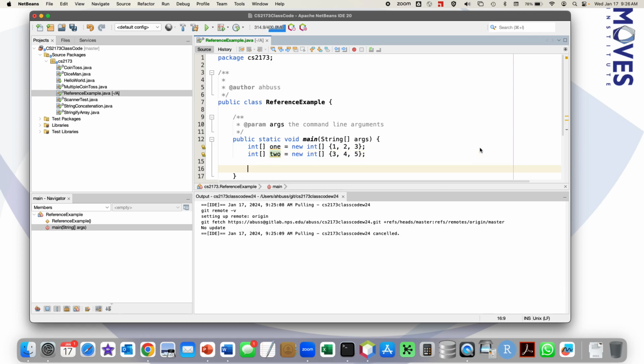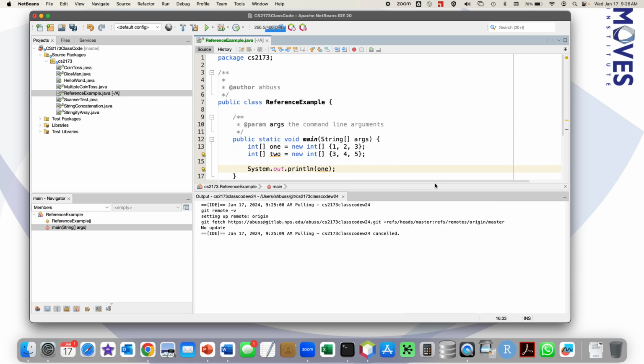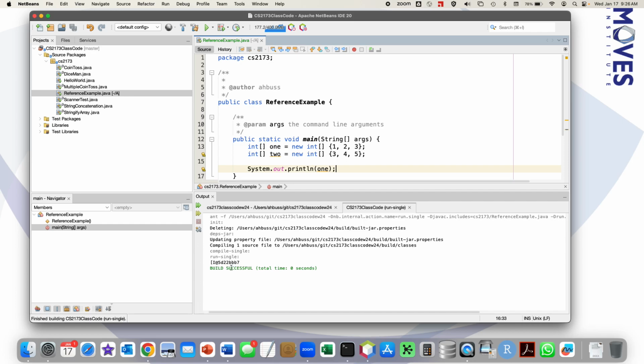Now, one of the issues is that if I try to print one of these out, as we've done with a string, this is what we get. We get something that's not very useful. But now what's happening here?